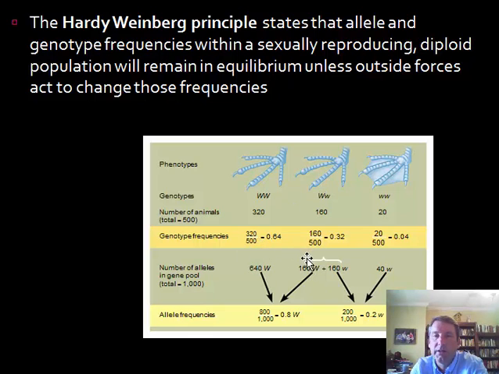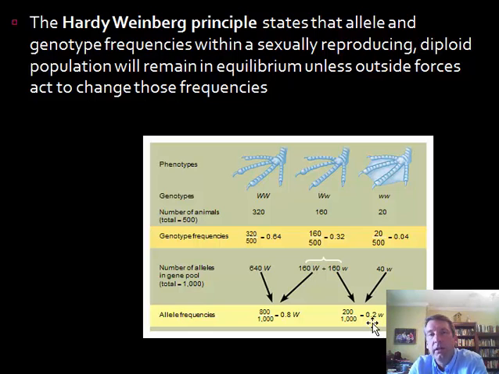We get the 640 and the 160 from this group, add those, and we get 800. We have a total of 1,000 alleles because we have 500 individuals and they each have 2 alleles. So we divide by 1,000 and we get 80% dominant alleles and 20% recessive alleles. So that's the allelic frequency. And that's what does not change if there's no microevolution. So we have 80-20, and in the next generation, if we have 81-19, then we have had a change in the allelic frequency. So any change in this at all results in